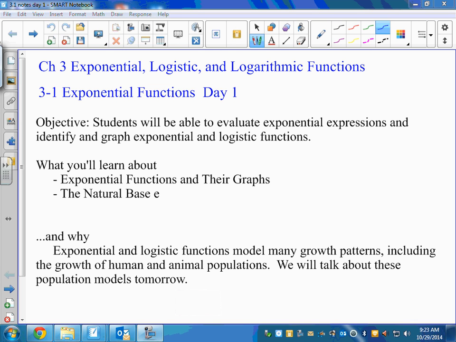Chapter 3 seems like we should be further than chapter 3. I feel like we've done a lot of stuff this year to only be on chapter 3. But in math class, we go pretty slow. We do a lot of stuff in one chapter. But chapter 3 is exponential, logistic, and logarithmic functions, which means, again, most of this should be reviewed from Algebra